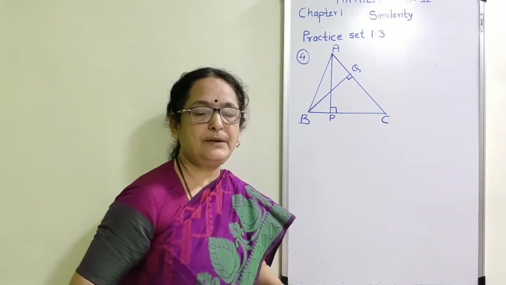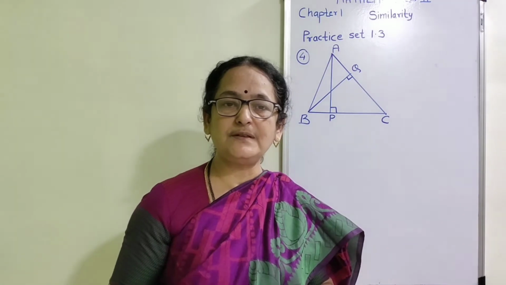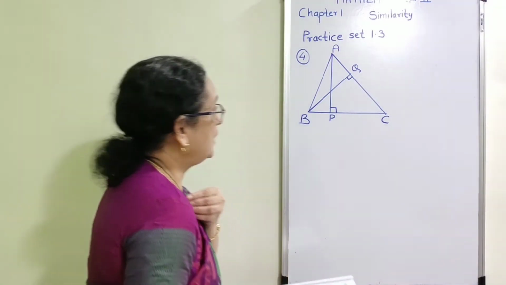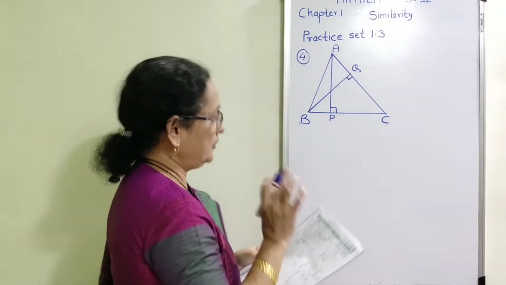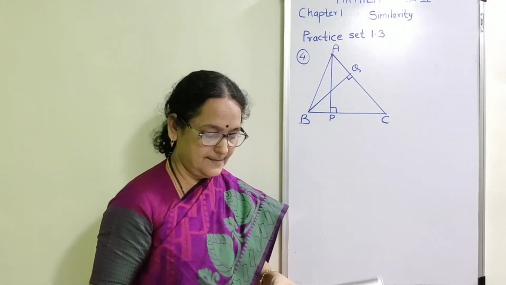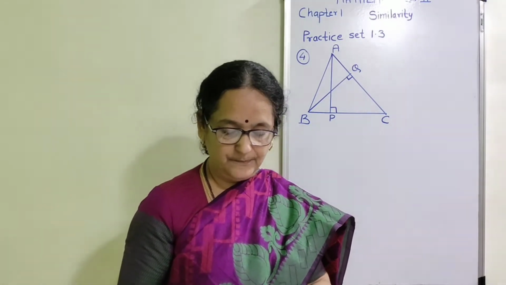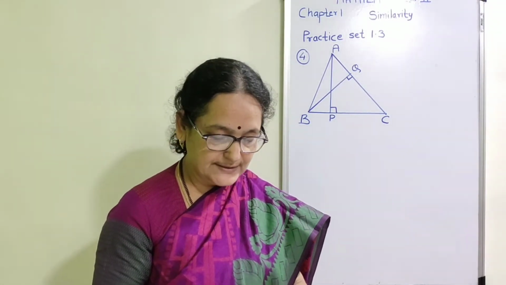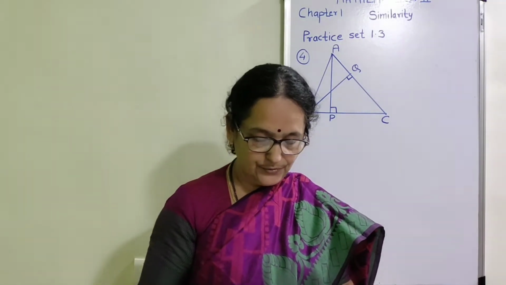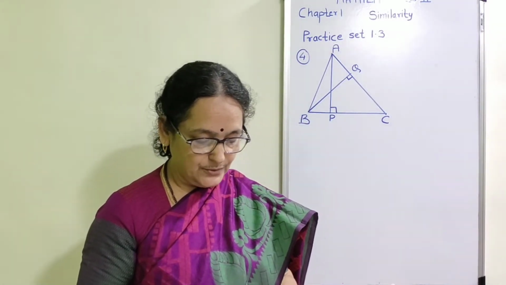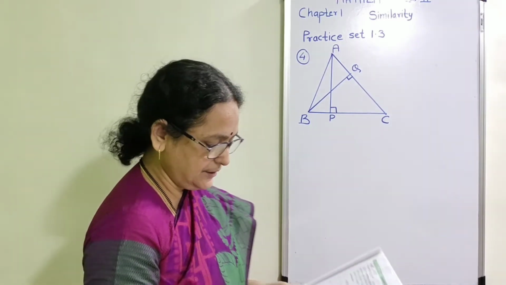When you are going to complete each and every example, please try to understand and observe the given figure first of all. Now here the bigger triangle is ABC and there are two smaller triangles in the figure. Now read the example. In triangle ABC, AP is perpendicular to BC, BQ is perpendicular to AC, B-P-C as well as A-Q-C. Then you are going to prove that triangle CPA is similar to triangle CQB.